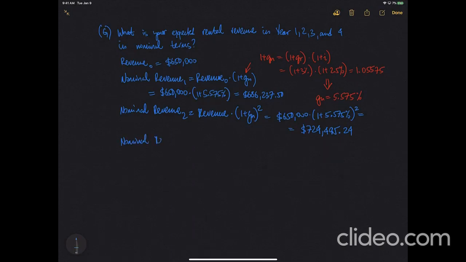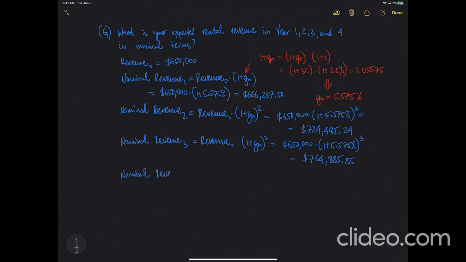Nominal revenue in year 3 equals current revenue multiplied by 1 plus nominal growth rate raised to the power 3, which again equals 650,000 multiplied by our nominal growth rate raised to the power 3, and this equals $764,885.85. So finally,